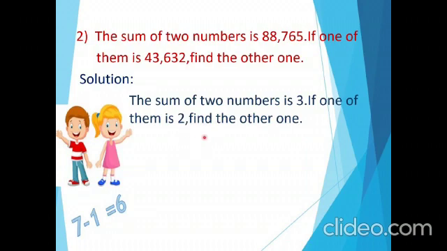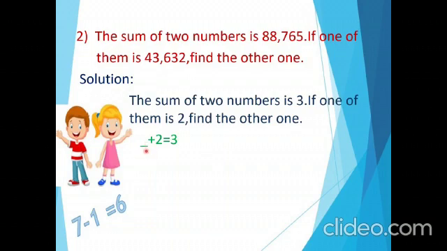How to write the mathematical statement for this? The sum of two numbers means that 3 is the sum, and from two addends, one of the addends is 2 and another one we have to find. Correct? That is dash plus 2 is equal to 3. Here to find this other addend, we can try by taking 0, 1, 2, 3.